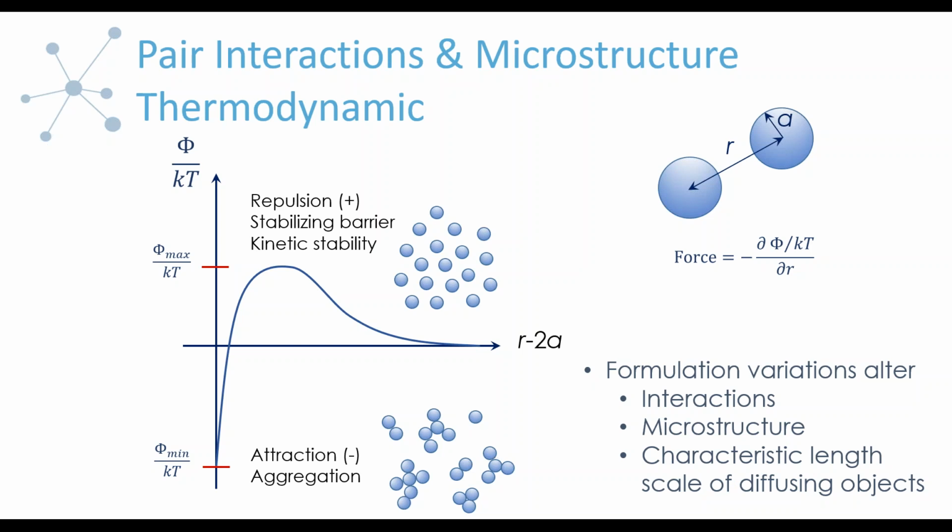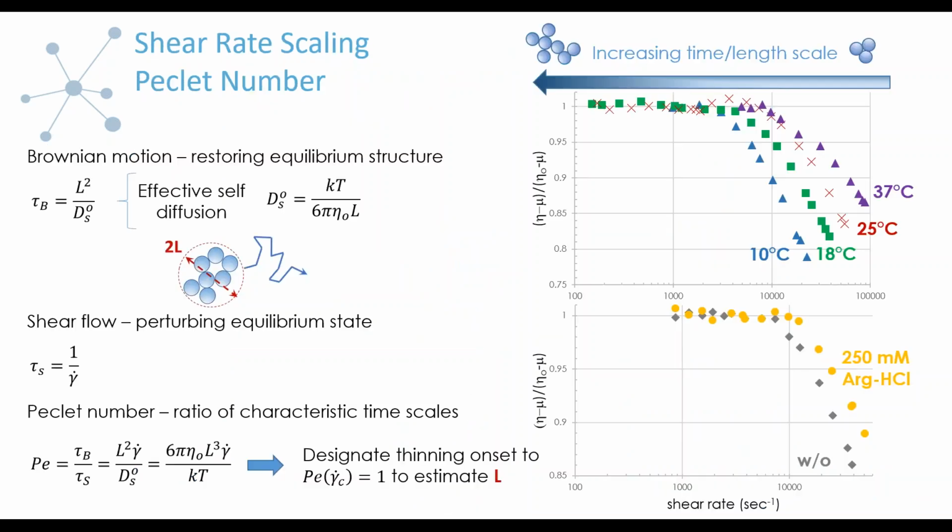So this is where we see, if we're looking at the Brownian motion and how it is trying to restore the equilibrium state, how the nature of the Brownian motion will change if we are changing the microstructure and going to a different extent of aggregation. Okay. All right, so with that in mind, let's go into some more detail about how we're going to rescale